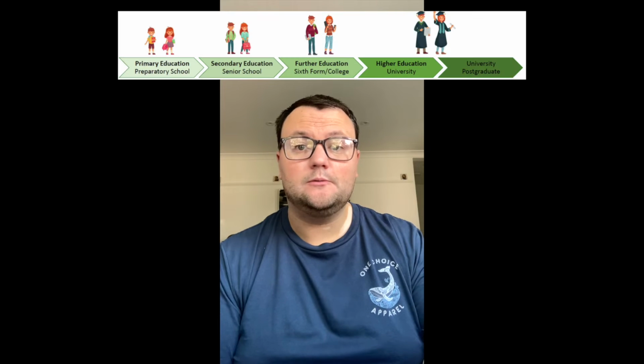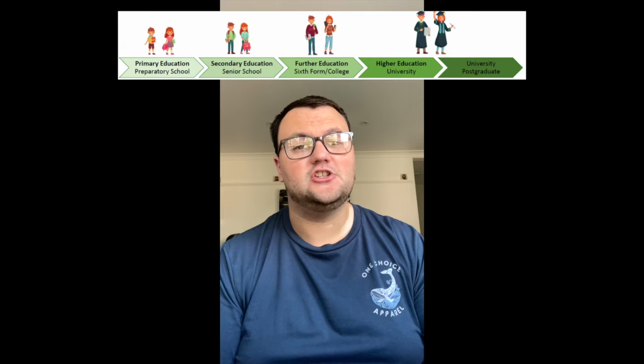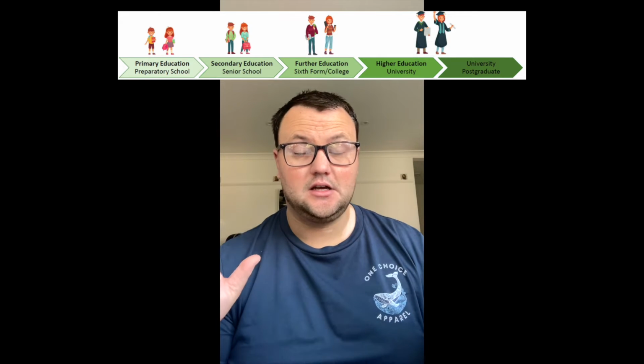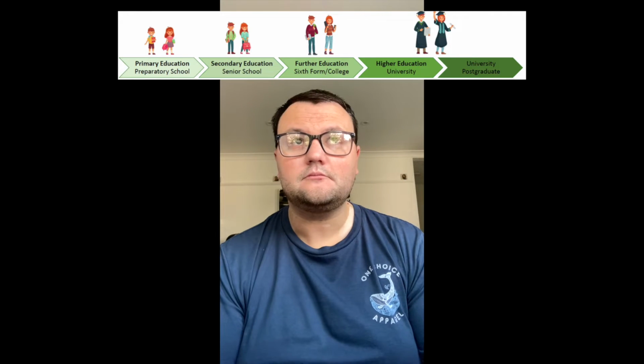So, first of all, I have put in the comments, by the way, chapter markings for each level. So very quickly, an overview. We've got primary school, secondary school, further education, higher education, and then postgraduate, etc. Those are the five main sections of education in England. Just so you know, I will probably use England and the UK interchangeably in this video, but I am actually referring to England itself, not the UK.